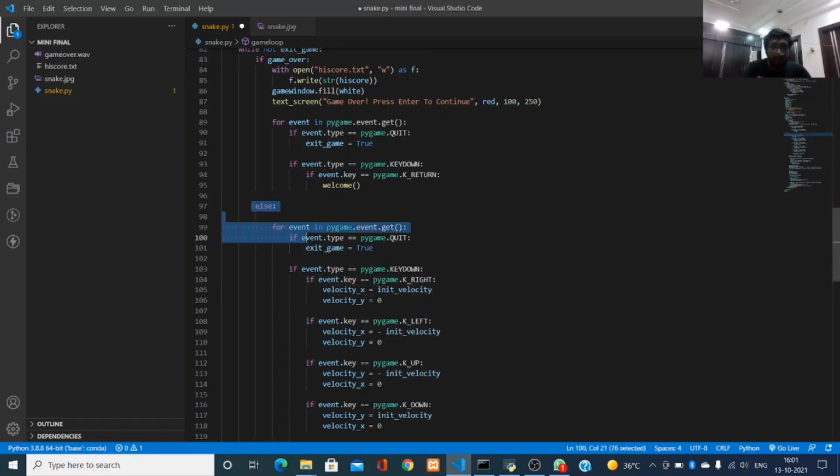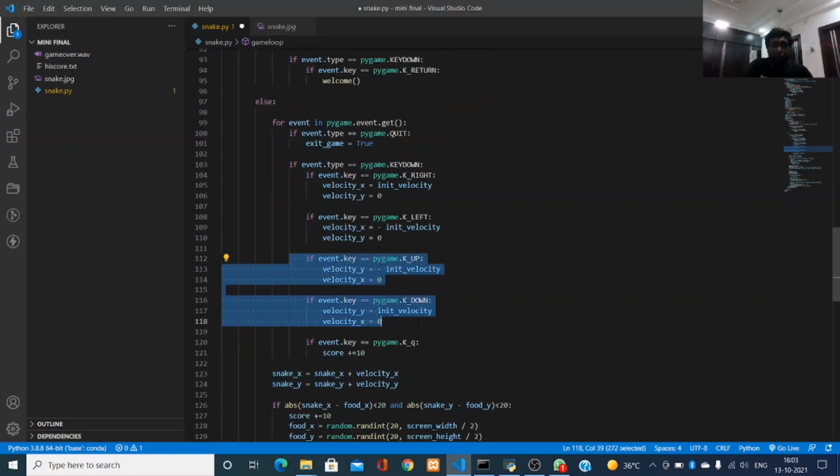And in the else part, I have created the 4 keys to play the game. First is the right key. If we press the right key, then the snake will move on the x-axis in the right direction, and the y-axis is 0, same as the left key. If the user presses the left key, then the snake moves in the x direction to the left side, and the y-axis is 0.